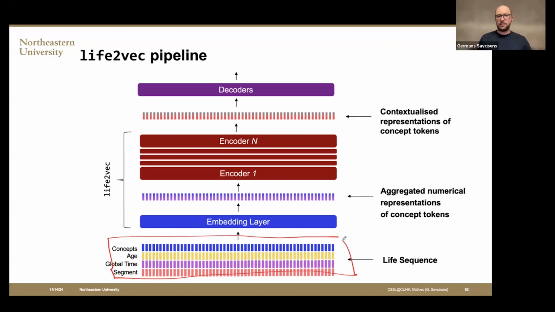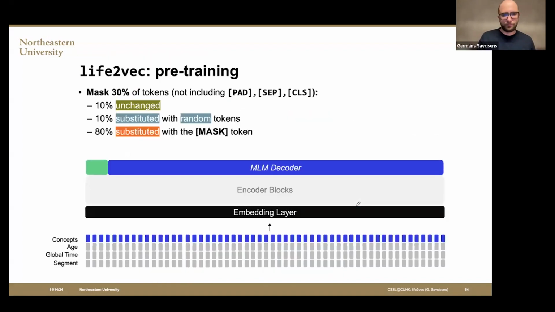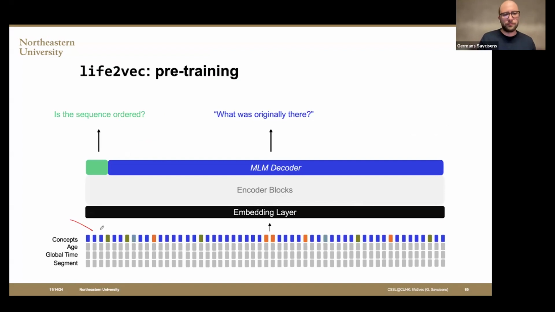Yes, and as I said, life2vec is based on BERT, so we pass the life sequence through the embedding layer, and then whatever the embedding layer produces, we pass to encoders, and then whatever the encoders produce, we pass through decoders, right? And the pipeline is very similar to BERT. Again, we mask some tokens out in our sequence, we ask the model to predict what was originally in the places of those tokens. And our data set included around 6 million people. So the model could potentially see these 6 million sequences to train and try to understand how this language operates